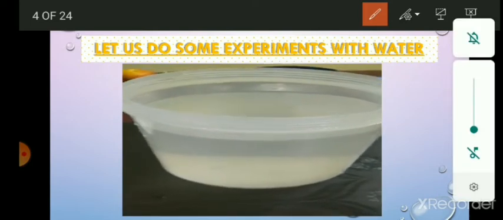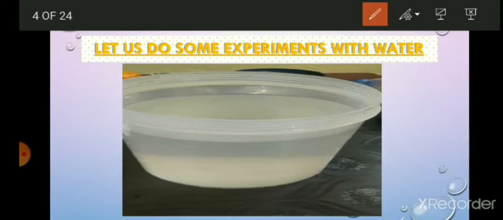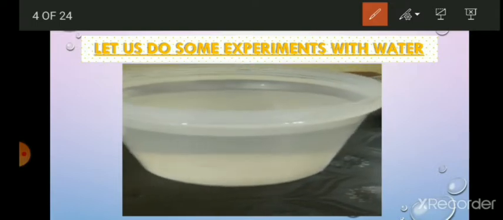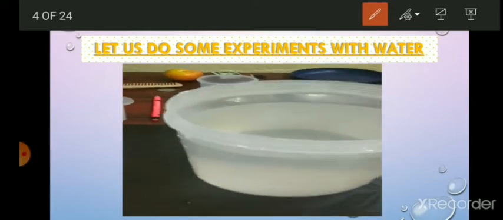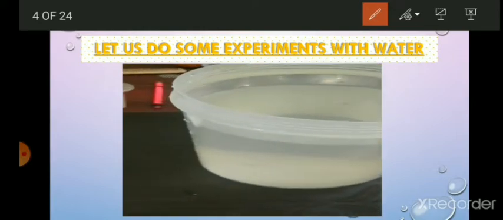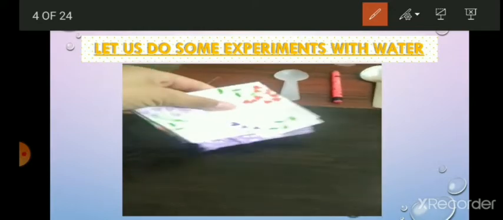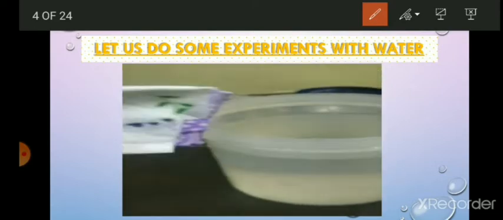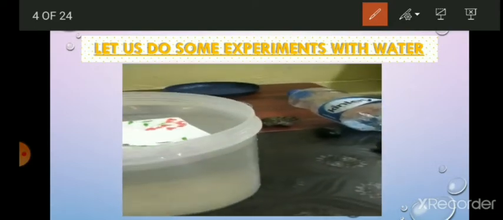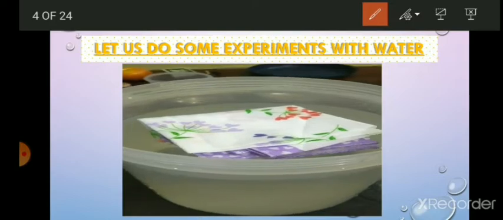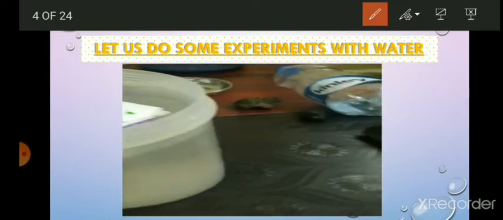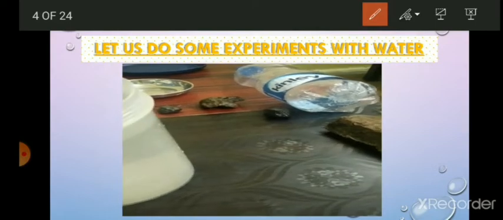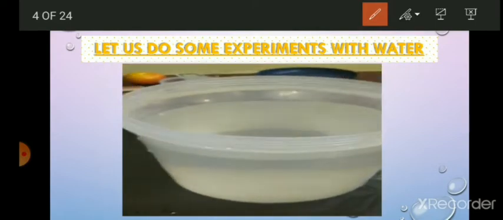As you can see in this video, the container is more than half filled with water. Now, this is a piece of cloth, and when I put it in water, it floats. A piece of cloth floats on the water.